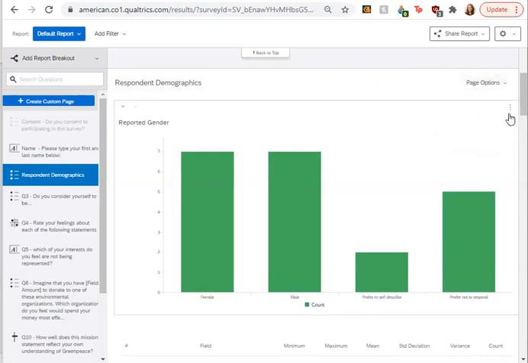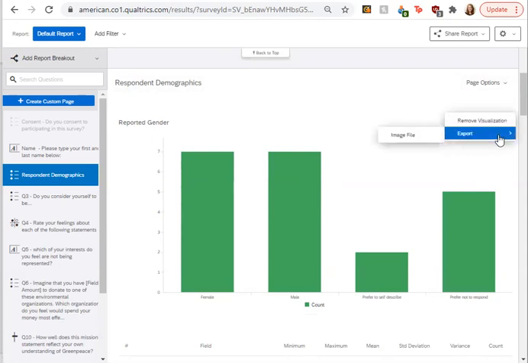If you want to share just one visual, you can also share an individual visualization by hitting these three dots at the top of the visualization and then hit export, and you can export it as an image file. So those are options in the right-hand corner of Pages and of Visuals that let you export them just by clicking the export option.